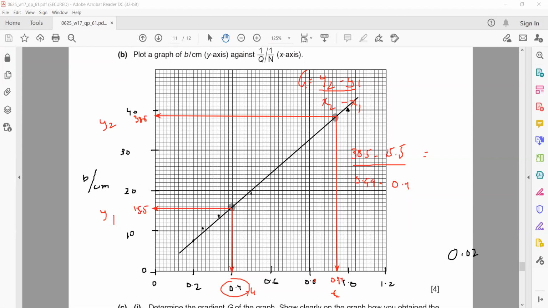Sir, this is a straight line. Can't we just divide the y-axis by x-axis? If it is starting from origin, then y quantity on y-axis divided by quantity on x-axis. But I did not complete this to the origin. When you plot your graph and you extend your line and your graph is starting from origin, then take the quantity on y-axis divided by quantity on x.